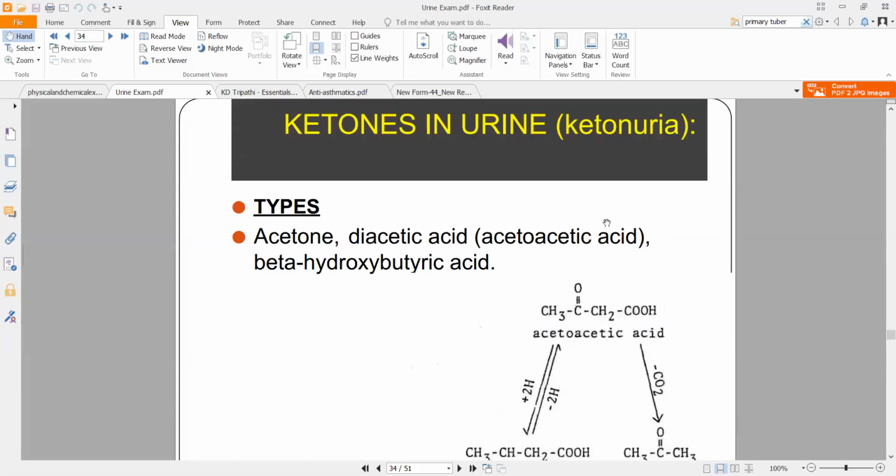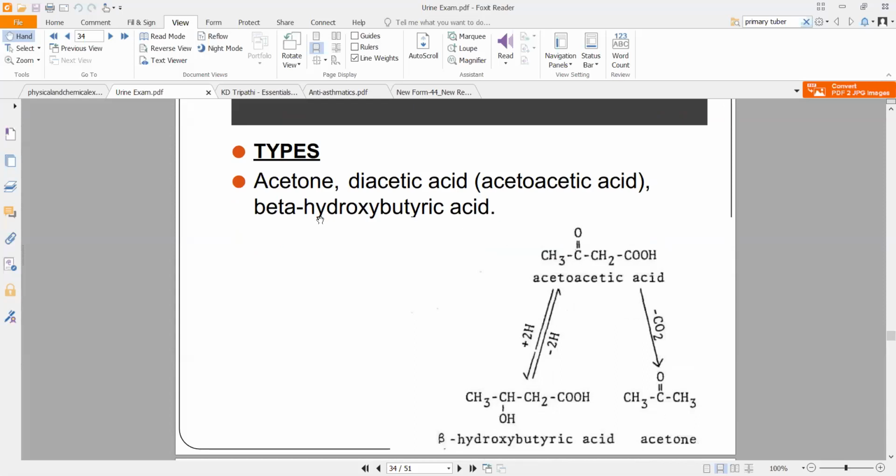All right. How do you test for ketones? Or first of all, what types of ketones do you find in urine? You will generally get acetone, that is, acetoacetic acid. That is this methyl acetoacetone. That and diacetic acid, right? That is this. Or you will be able to find this. So these are interchangeable. If you add or subtract a little bit of carbon dioxide or a few protons here and there, you'll be able to get the other product.